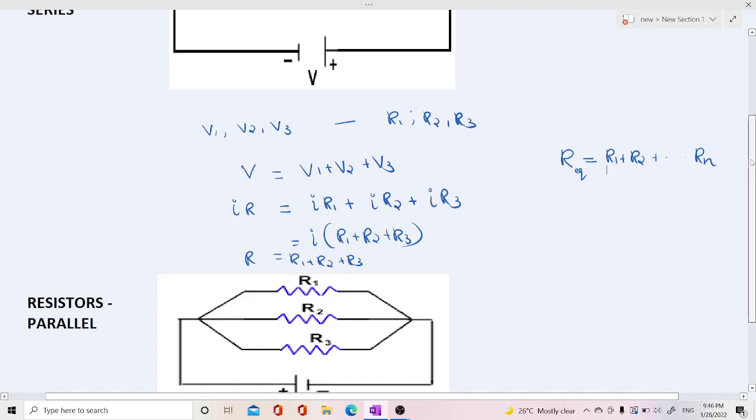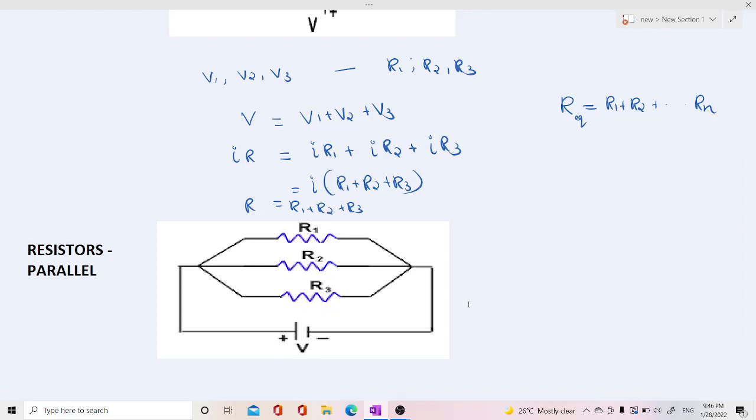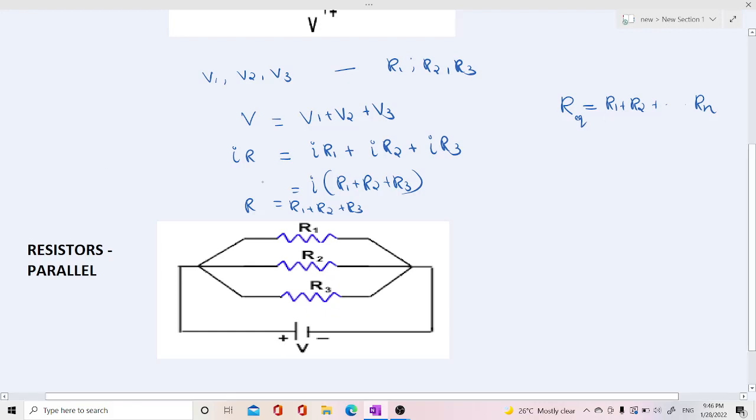And in the second figure, you can see resistors are connected in parallel. While connecting parallel, you can see this R1, R2, R3. One end of these three resistors are connected to the positive end of this battery, and the other end of R1, R2, R3 is connected to the negative end of the battery, which means potential difference is applied across these combinations of these three resistors. Whatever it is, if n number of resistors are there, the potential difference is applied across all the ends of these resistors. And you can see the potential difference is same, and here the current will flow in